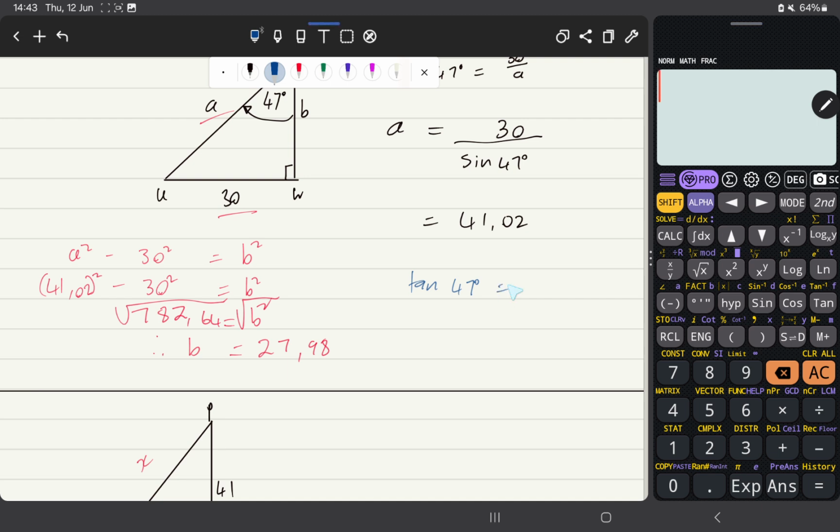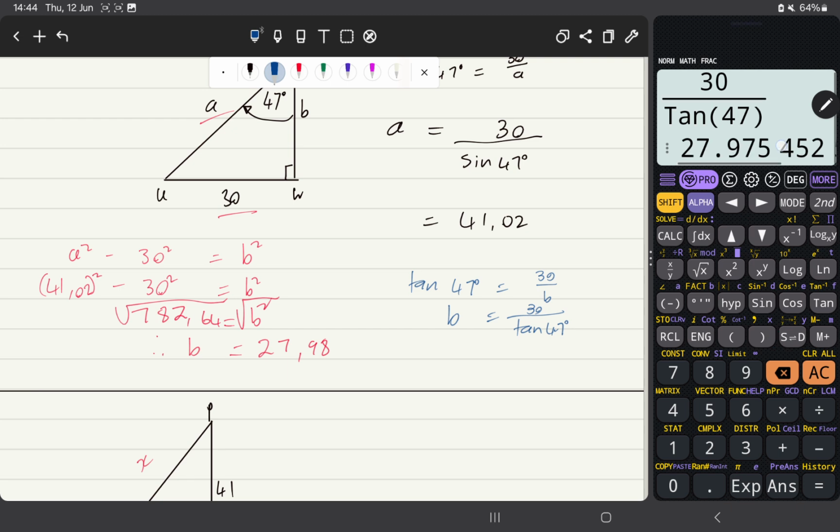So tan 47 is equal to opposite, which is 30, over adjacent, which is b. And then I do basically that, 30 over tan 47. Wait, SOH CAH TOA, opposite over adjacent. Yeah. So I have 30 divided by tan 47. Damn, guys, we have b equals to